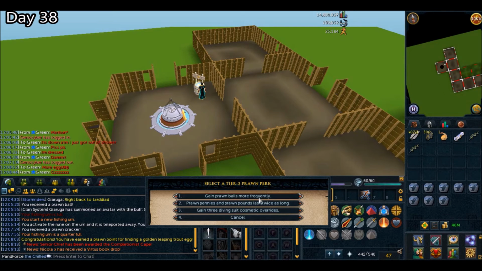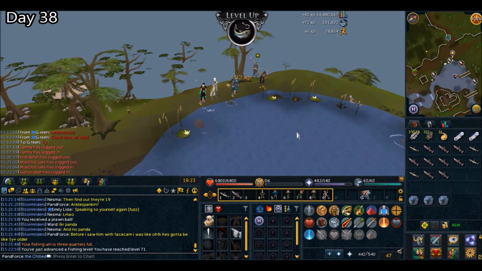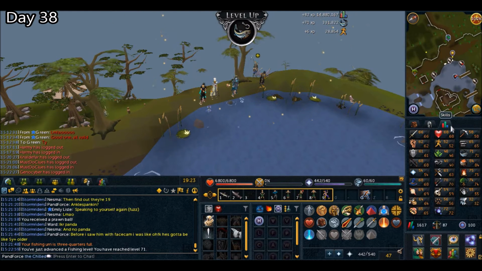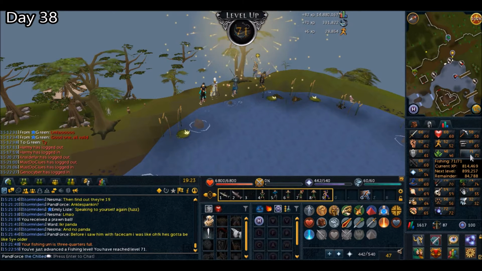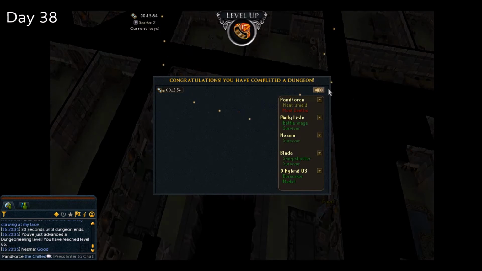I also didn't want to be training at Ivy anymore. I didn't really want to do any more divination, so this is my next go-to AFK skill. So fishing is going to be what I focus on when I am not focusing on certain things that require more attention. Moving on though, after I did get a couple fishing levels, an agility level, and a strength level,